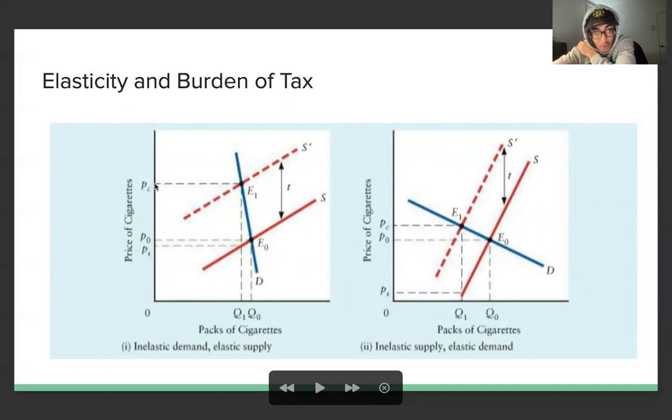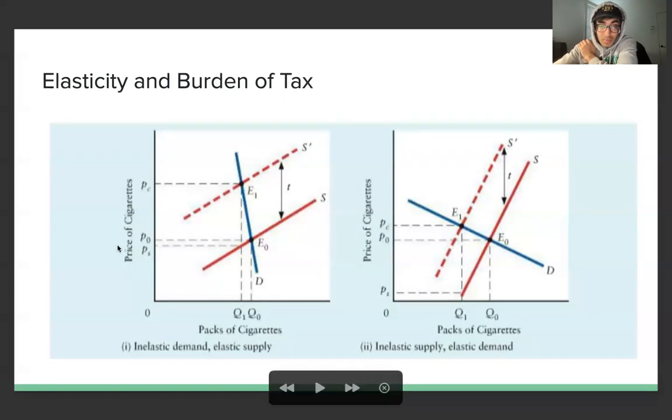And the burden on the consumer is PC minus P0, which is a higher part of the tax compared to PS minus P0, which would be the burden on the supplier. The logical reason for that is when we know consumers are not that sensitive to price changes, or in other words, the demand is inelastic, we can push more of the tax burden on the consumer without impacting the